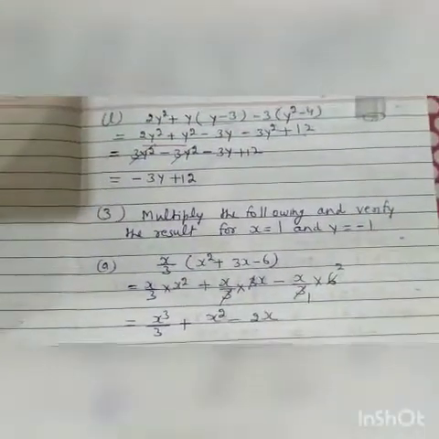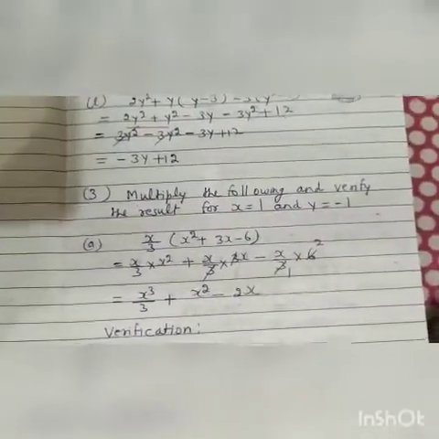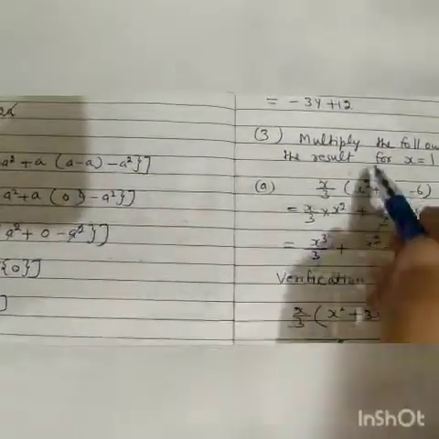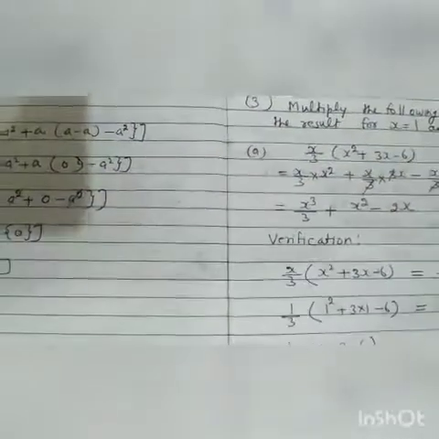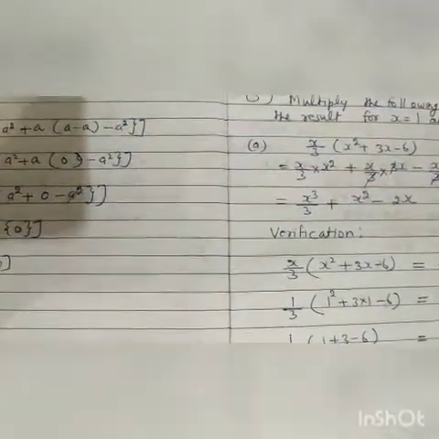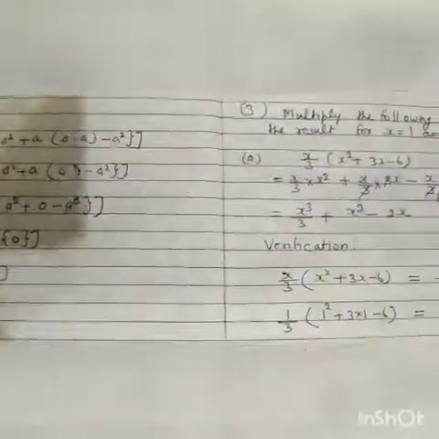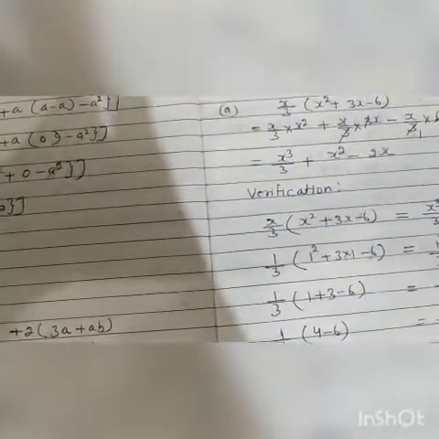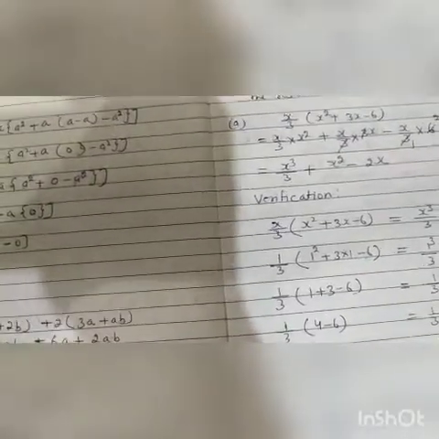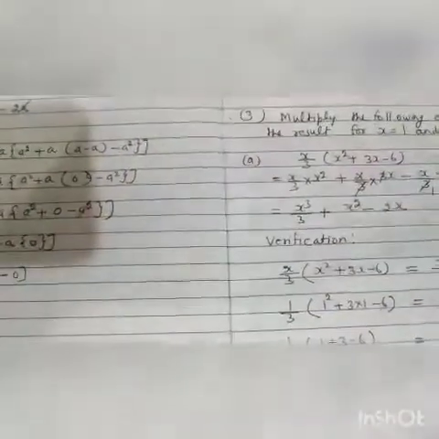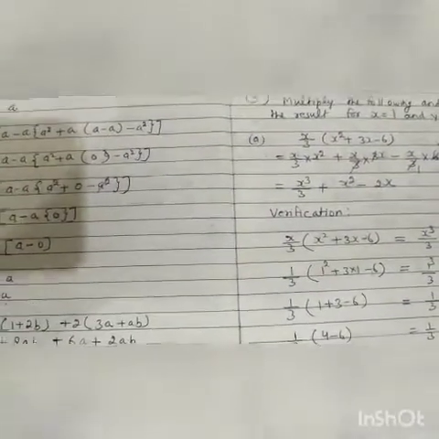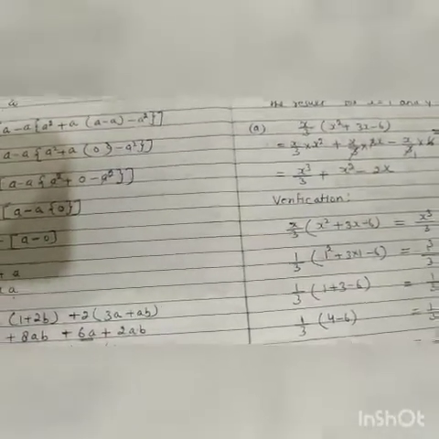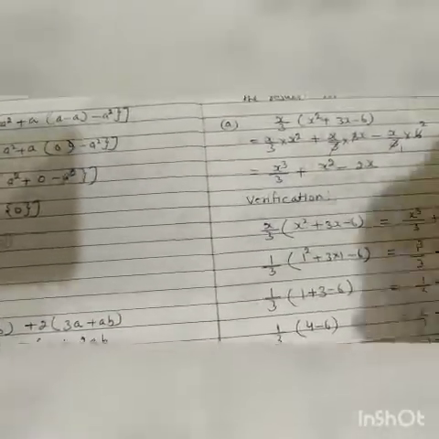Now you will complete it up to this question 2. One question more is left, question number 3. Question number 3 we will do in the next class, and in the next class I will start the new chapter also. One more chapter left, chapter 6, that is linear equation in one variable. So I will start the next chapter in the next class, and this one question left I will complete it also in the next class.